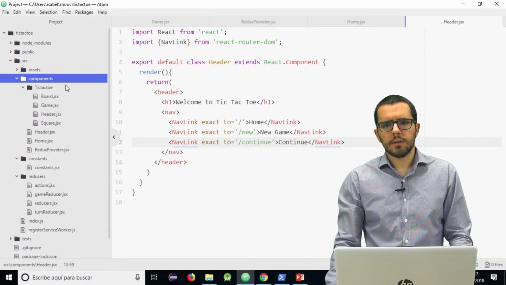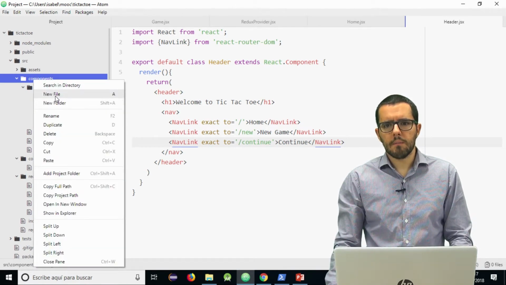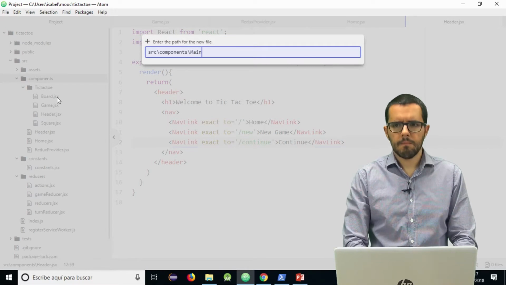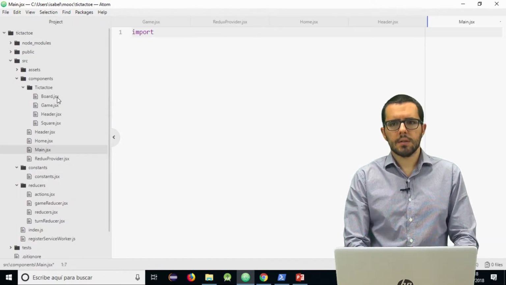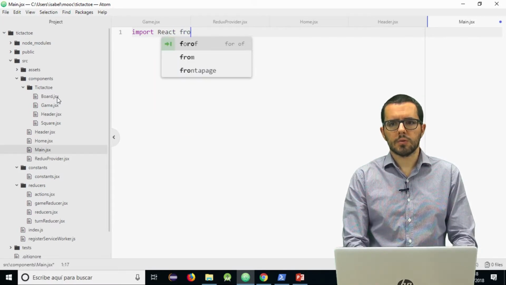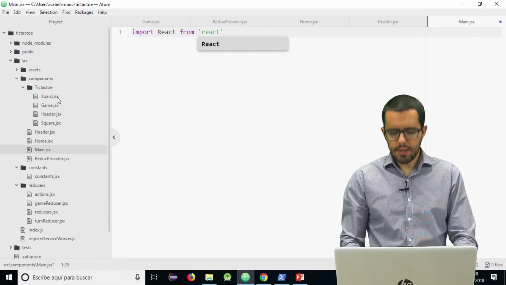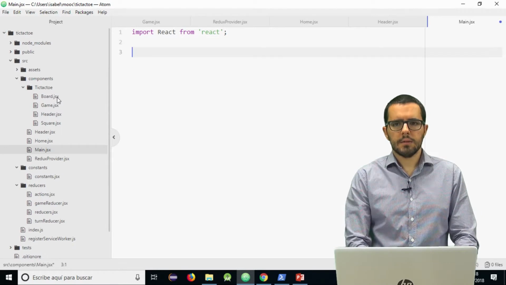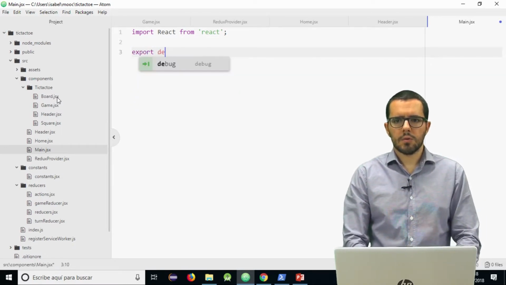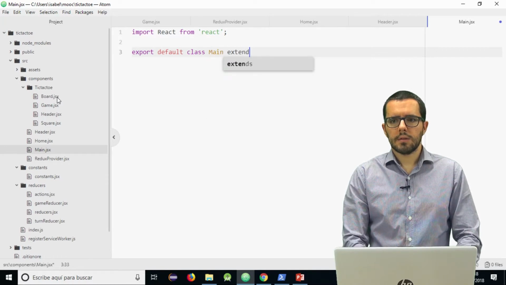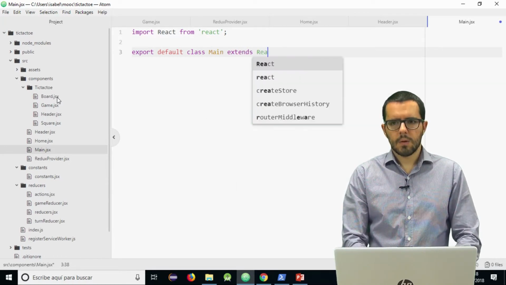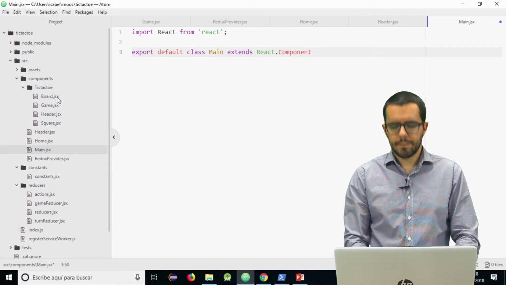The final component that we have to create is the main component, main.jsx, and as always we start from import React from React and export default class main extends React.Component.